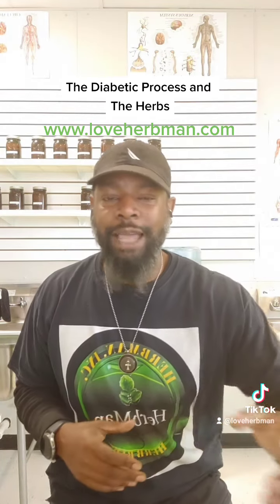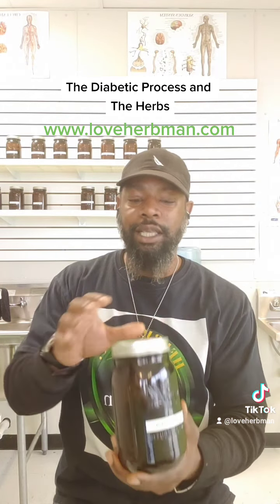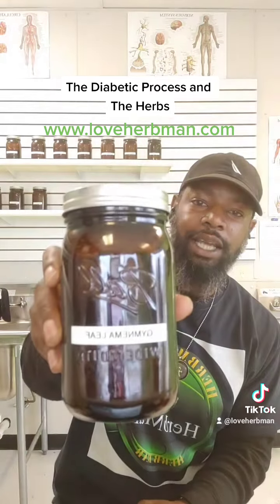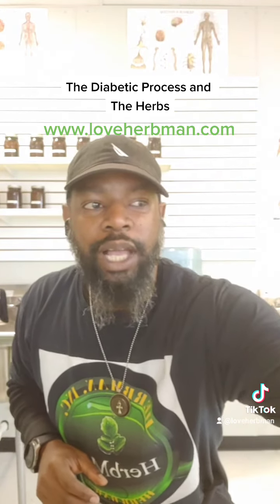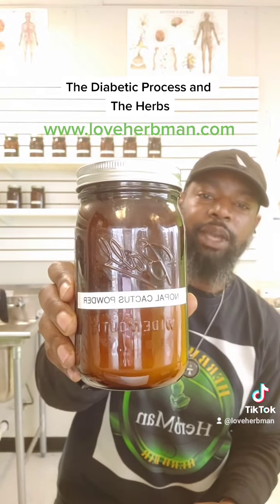Now, if you're dealing with hyperinsulinemia, this is where you're walking around with high insulin levels and you don't even really know it, which is the precursor to diabetes, then Gymnema sylvestre. All right, Gymnema sylvestre. I don't know if you guys can see that, but just do your research. All right, Gymnema leaf. It's going to be very good for the hyperinsulinemic state that you may be in. Now, if you've come down with diabetes or something like that, then you may want to go with no